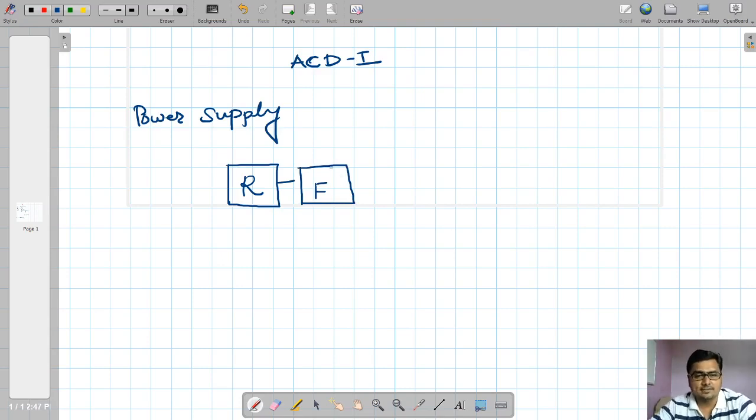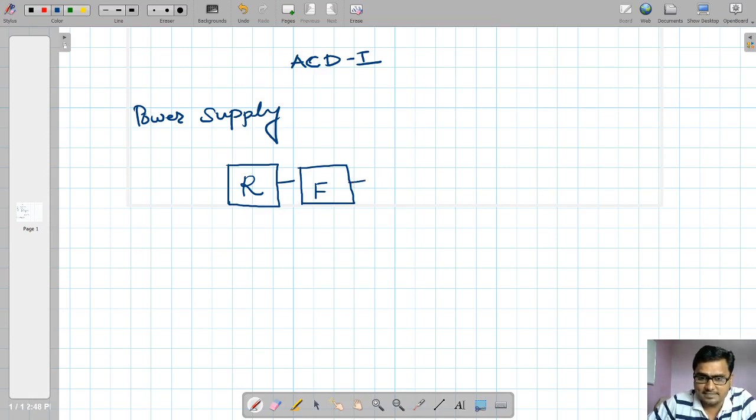The next block is filter. Even that filter thing is also not new. I know that. Is it? So you have studied rectifiers and filters theoretically. Here in second year, the difference is now we have to analyze those rectifiers and filters, and we have to design those rectifier filters. Then the third block